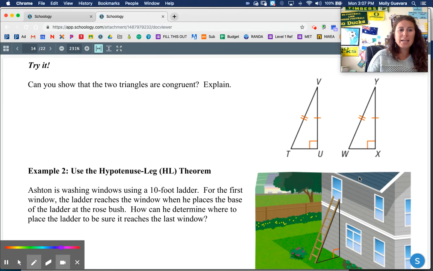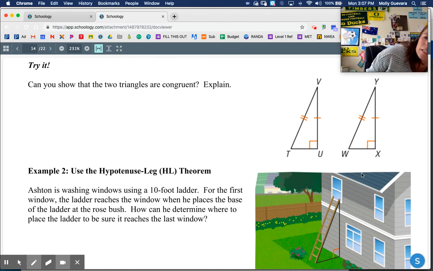So this one says, can you show that the two triangles are congruent and explain? Okay, well, I have two right triangles, so that's neat. So we've kind of already proved the hypotenuse leg theorem, so we can keep going with that, proving it, or we can just use it, right? I have a right triangle. I know that my hypotenuse is the same in both triangles because both the hypotenuses have two tick marks. And I know one of my legs is the same in both triangles. So yeah, I can, right? We can say yes,